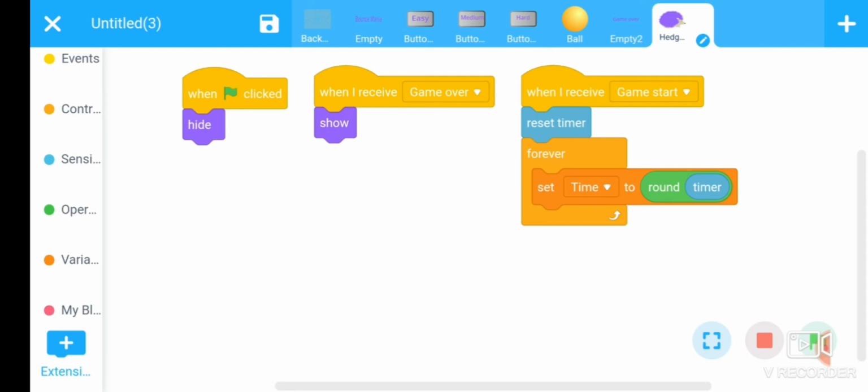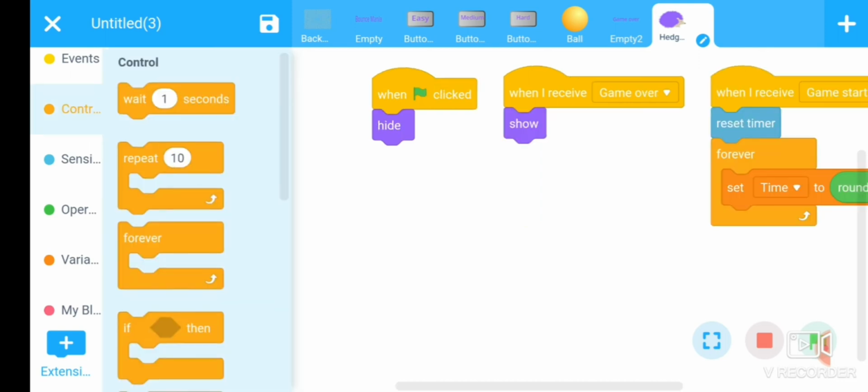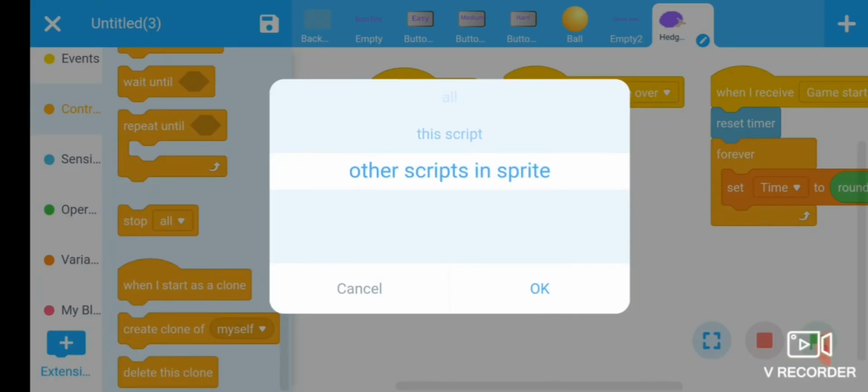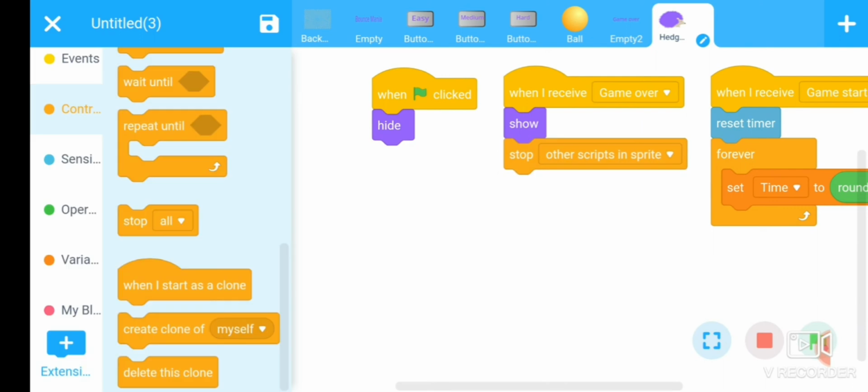Now, when I receive the game over message, all the sprites should be stopped. For this, go to the control section, stop all, and choose other scripts here, so all other sprites are stopped.